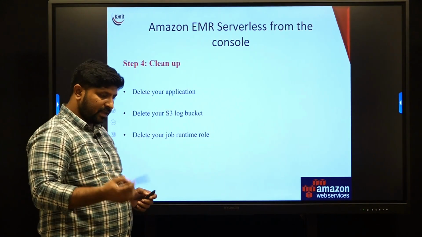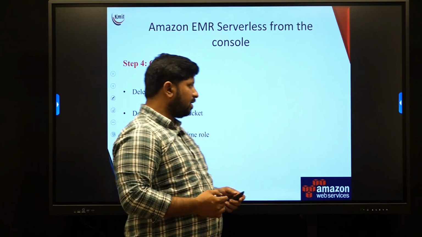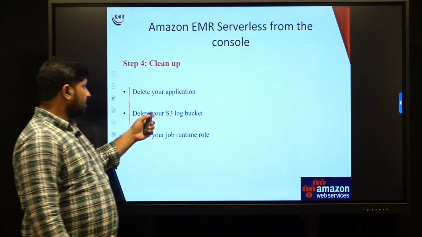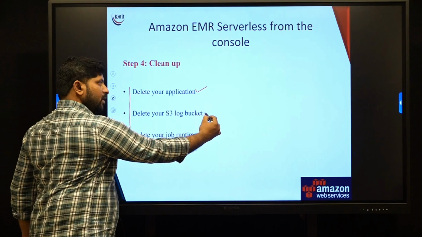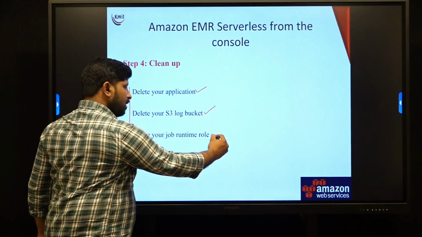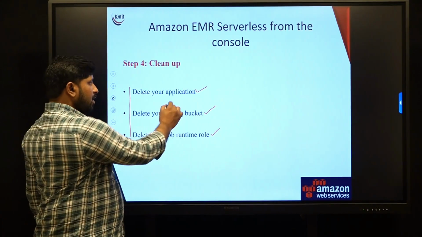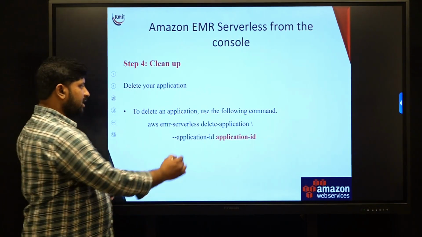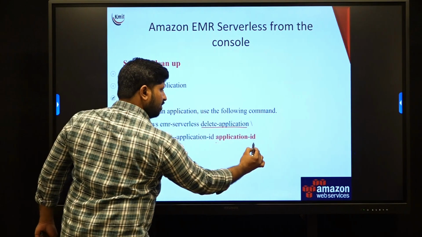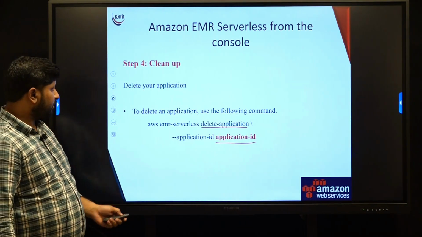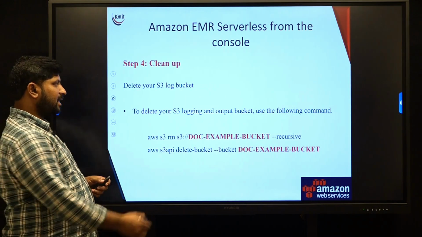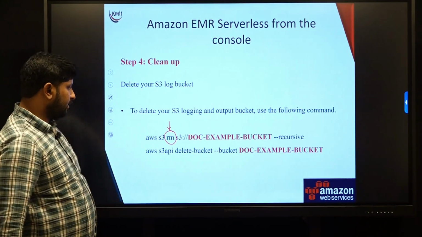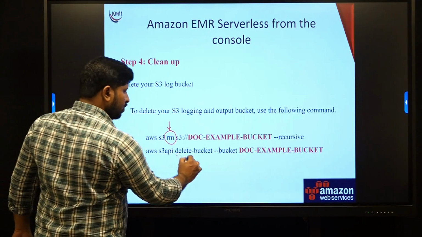Once you are done with everything, if you had finished the job execution part, if you want to delete an application through the command prompt, then these are the steps. First you need to delete your application, then you need to clean up your S3 bucket, then you can delete your role which you had created to have communication between the EMR service and S3 bucket. To delete your application, just say delete application and which particular application you want to delete using the ID. If you want to delete the bucket, then simply execute the RM command to delete your bucket, and if the bucket is not empty, then you can use delete bucket also,